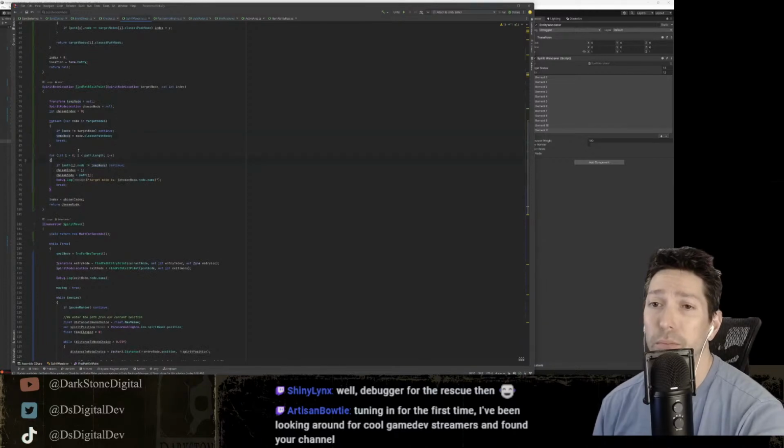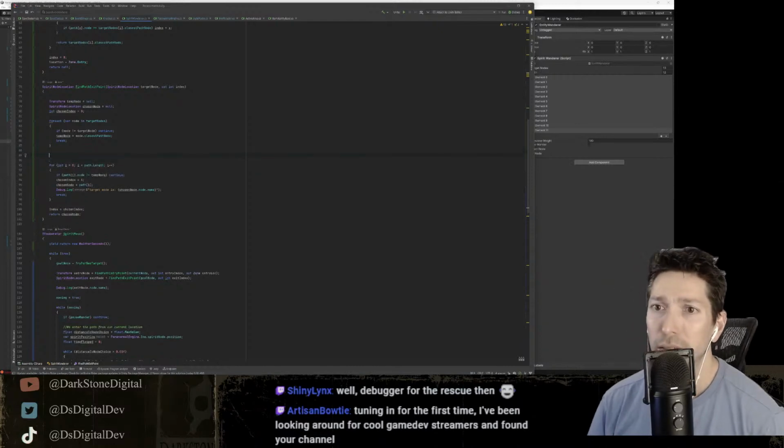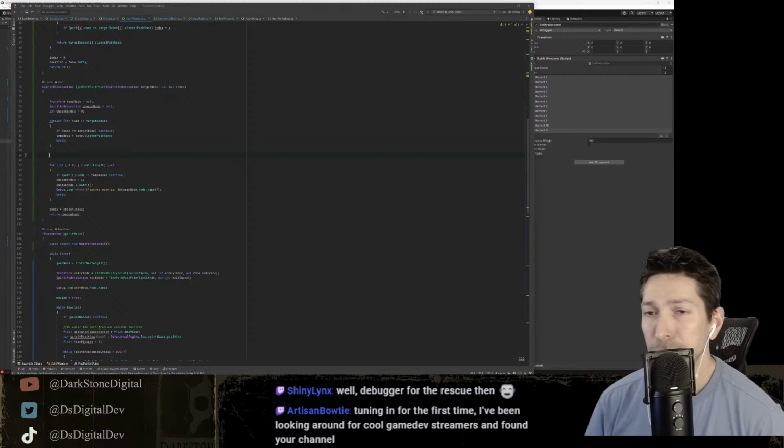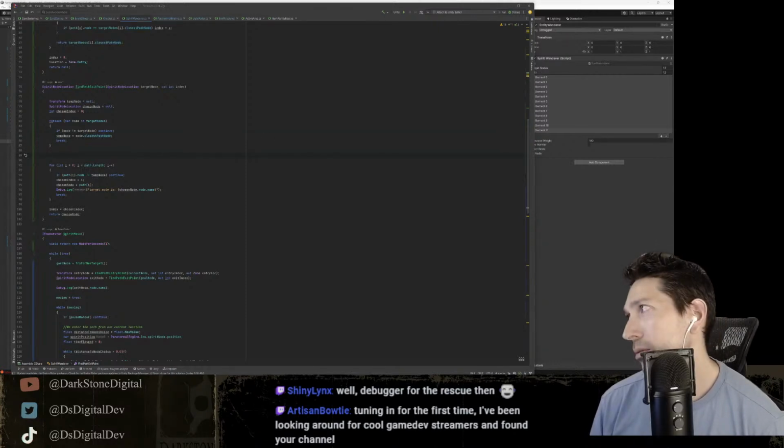And then we go through our path nodes. Let's see. We get our path node. We know where we're going, but I need to get the index of that path node. What I could do instead... Can you only do that in lists? I forget. What's the index of? Ugh, sometimes your brain just dies.